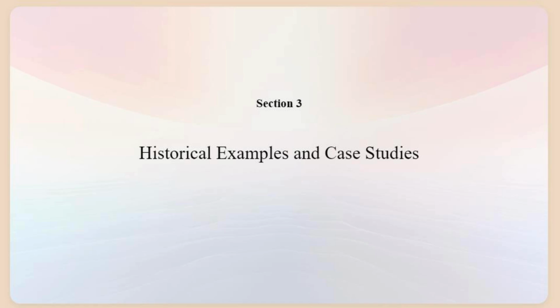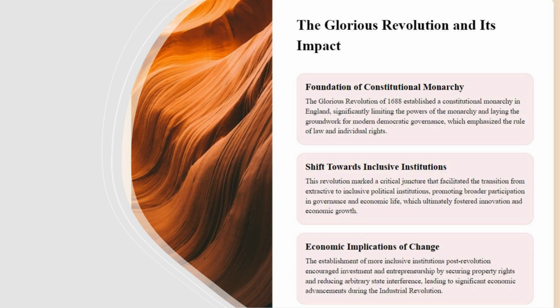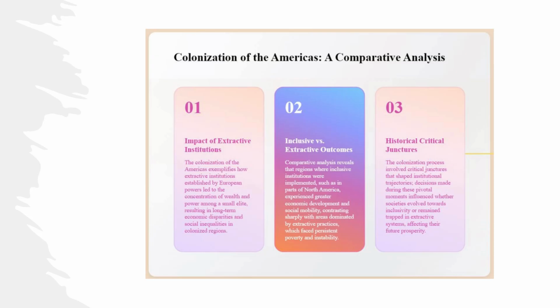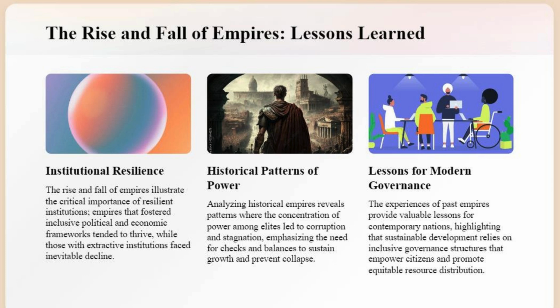Also, the book draws from historical cases such as the Glorious Revolution in England, the colonization of the Americas, and the rise and fall of empires like the Ottoman and Soviet Union to illustrate how institutional differences shape their respective destinies. Summing up,